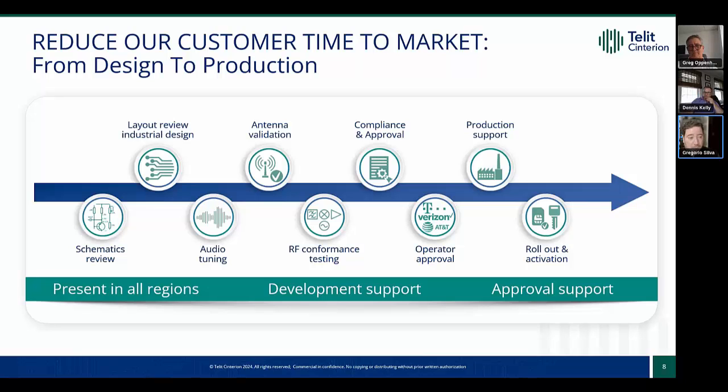If that's the case, we will. But we can also provide some good insights of what could be wrong on the customer side or even on the test lab side. So we can be very useful for that step. We have a pretty good relationship with the carriers. This is pretty important, especially in North America, to have a good relationship with the carriers, and you can leverage that relationship